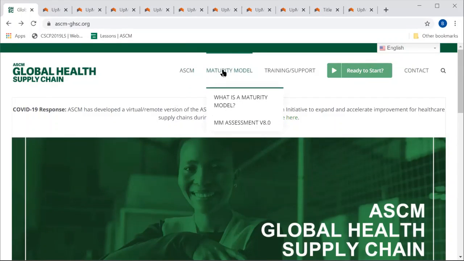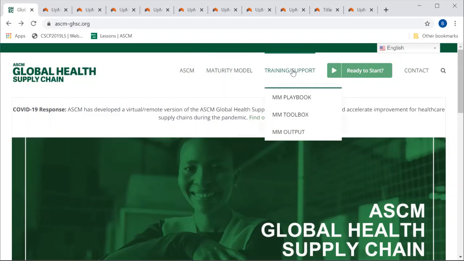The tab here actually talks about what the maturity model tool is, and also the 8th version, which is the one we're working on right now. And then you have a tab here for training and support. The training and support has different support materials that can help you to either train on using the maturity model assessment tool, or how to go about your improvement methods after you have gotten an output from the assessment.